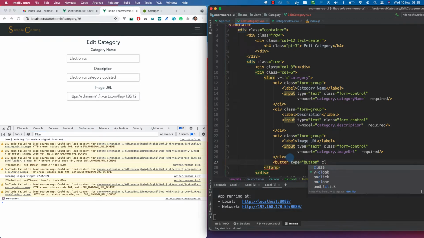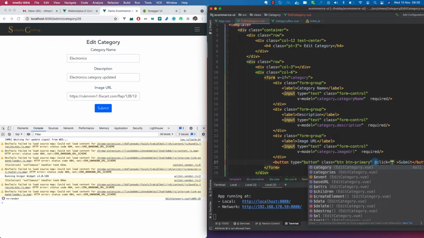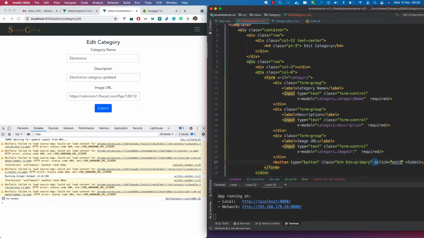Type equal to pattern, class will be button primary, submit, and now when you click the button, we'll trigger a function to save it. So we can define click will be edit category,